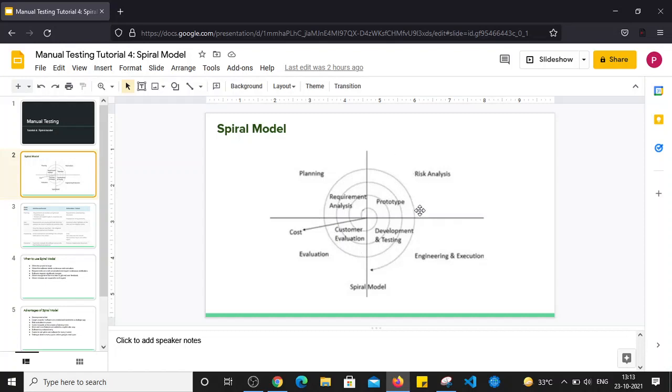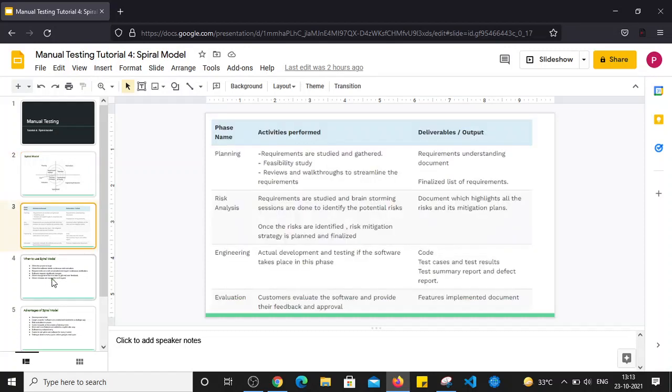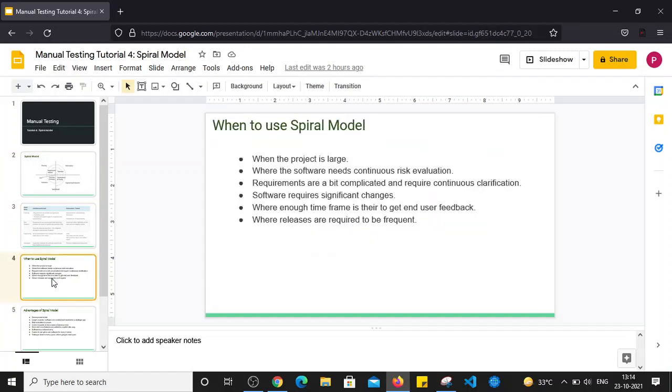So it will keep going on, depending on various versions. Different versions will be released at the end of every cycle. The main advantage is we can accommodate new requirements in the spiral model at the beginning of each cycle. Correct. So normally, when to use the spiral model?